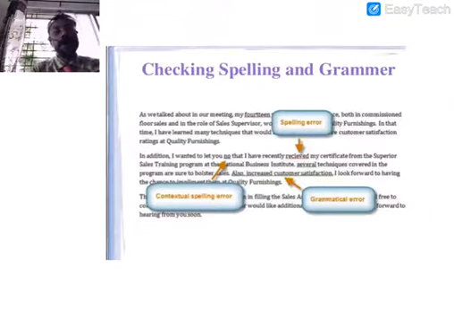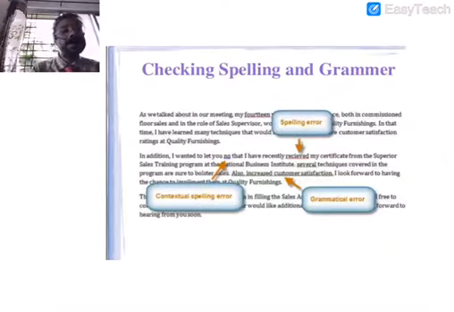Now, the second form of mistake that you might get is called contextual spelling error. That is improper usage of a word in a sentence, okay? Suppose I wanted to let you know. It should be KNOW, but you have written NO. Now, the spelling of NO is not incorrect, but by context, it is the wrong word that is used. So if you use any form of wrong word that shouldn't be there in a sentence, that is called contextual spelling error. Okay?